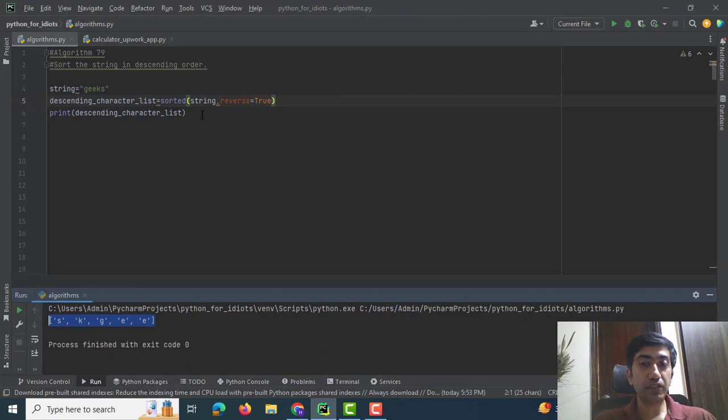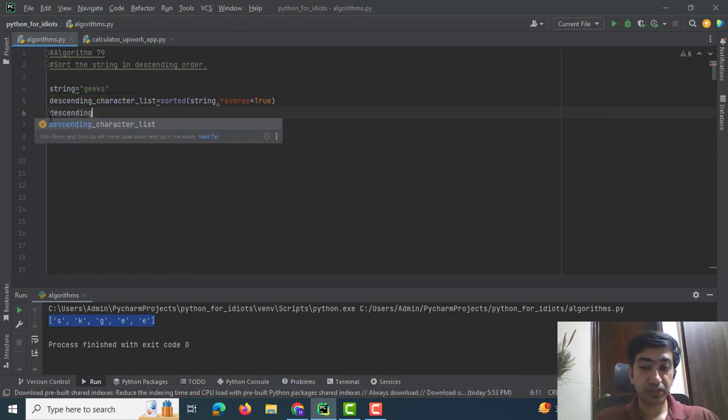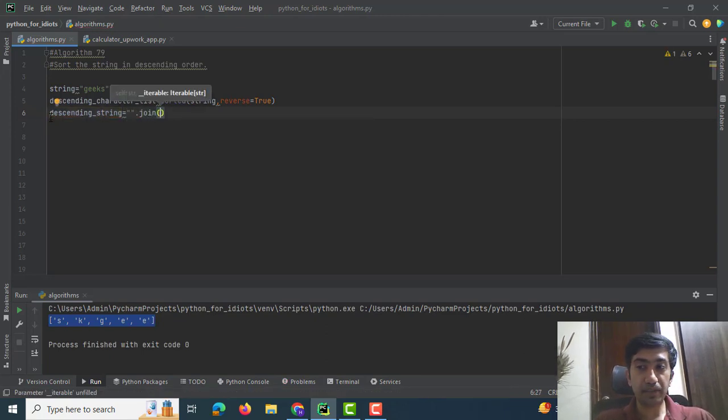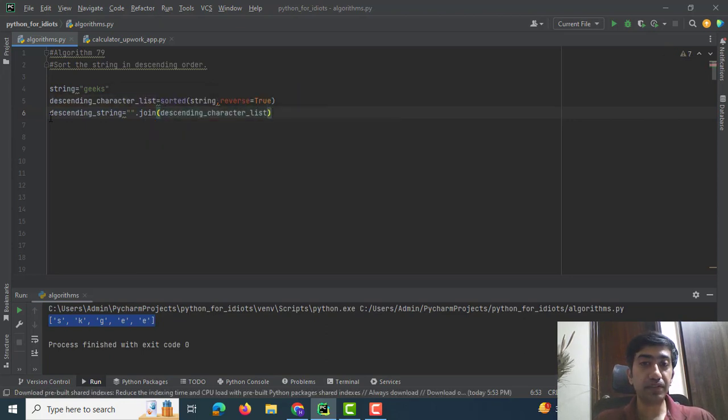Now we need to convert this list back into a string by using the join function. Descending string is equal to dot join, and I would pass in the descending character list. Join function basically converts a list back into a string. Now see here, we have not mentioned any separator in this function. So as I print descending string,